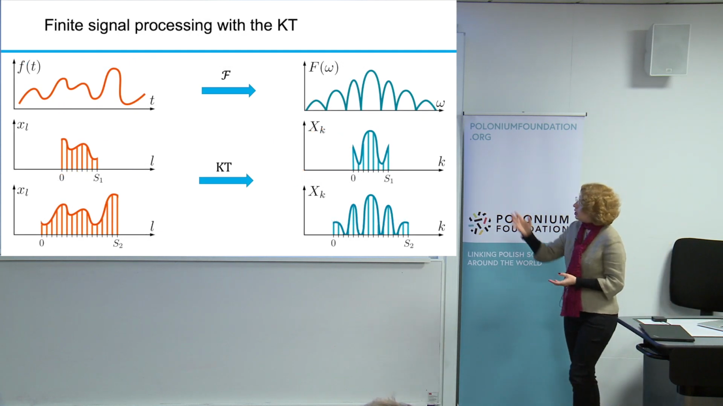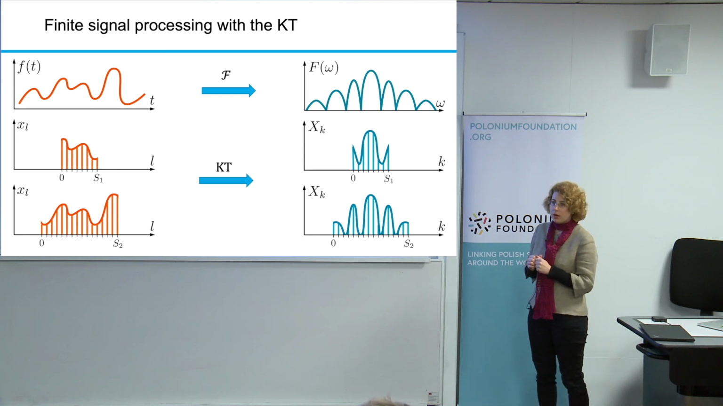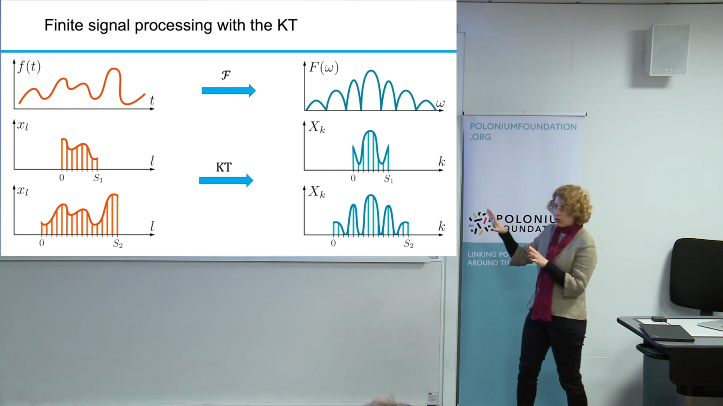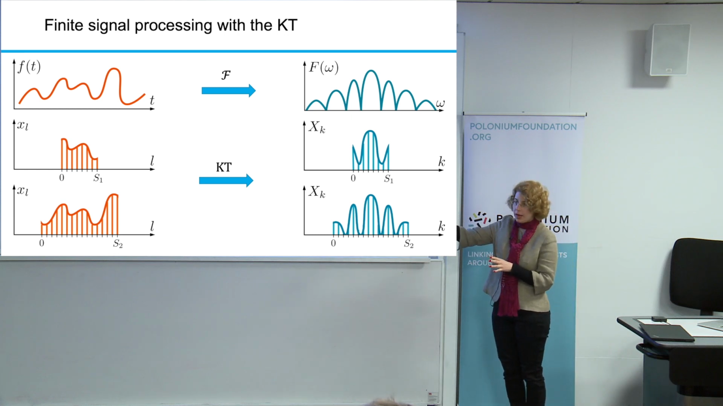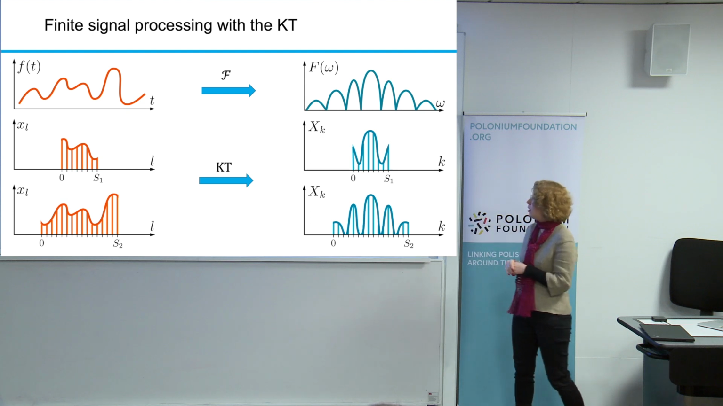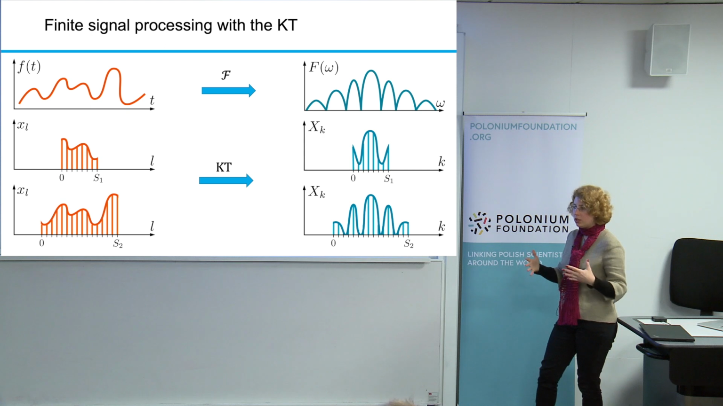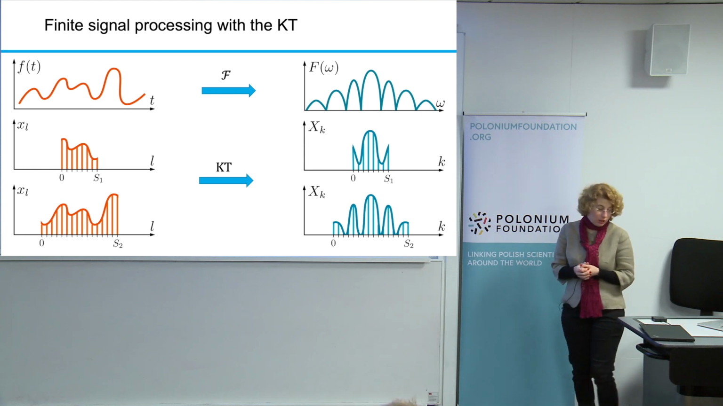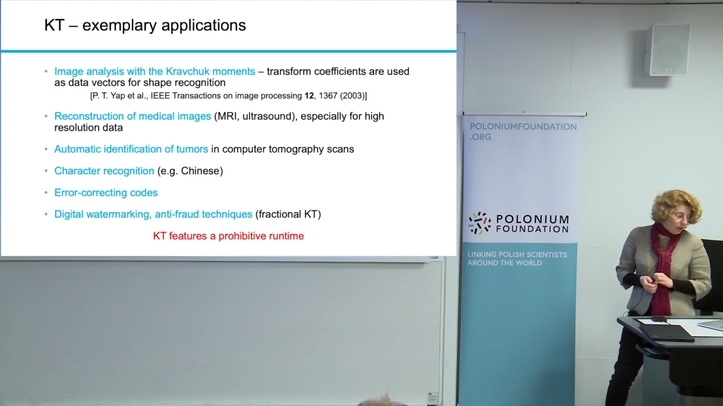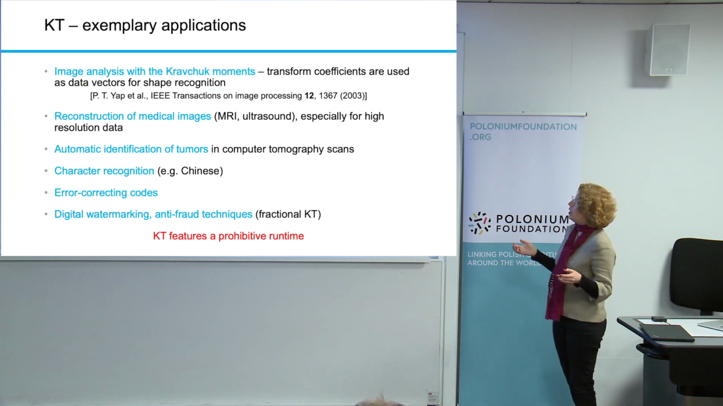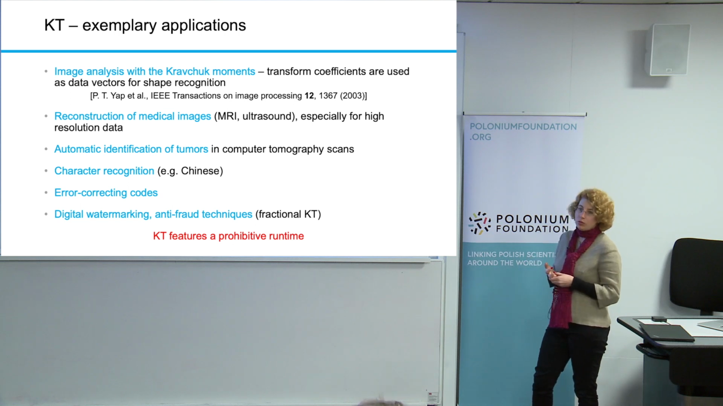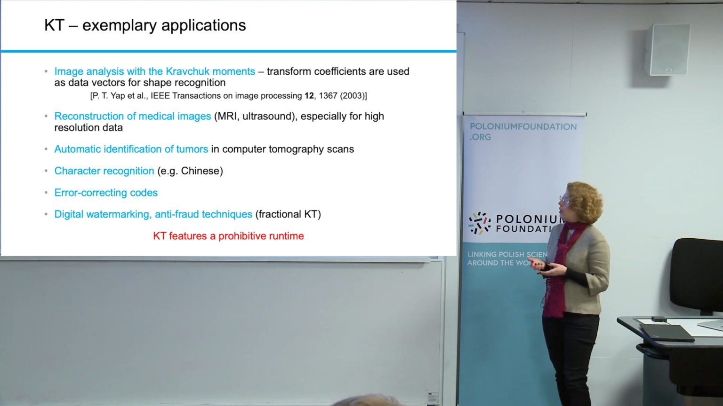So as you can see on these figures, the Kravchuk transform allows us to process a finite arbitrary length sequence into a transformed sequence in the momentum domain. So if we extend the sequence, the transformed sequence will also be larger, but will never expand to infinity like it was before. So it has lots of applications in image analysis with the Kravchuk moments, reconstruction of medical images,